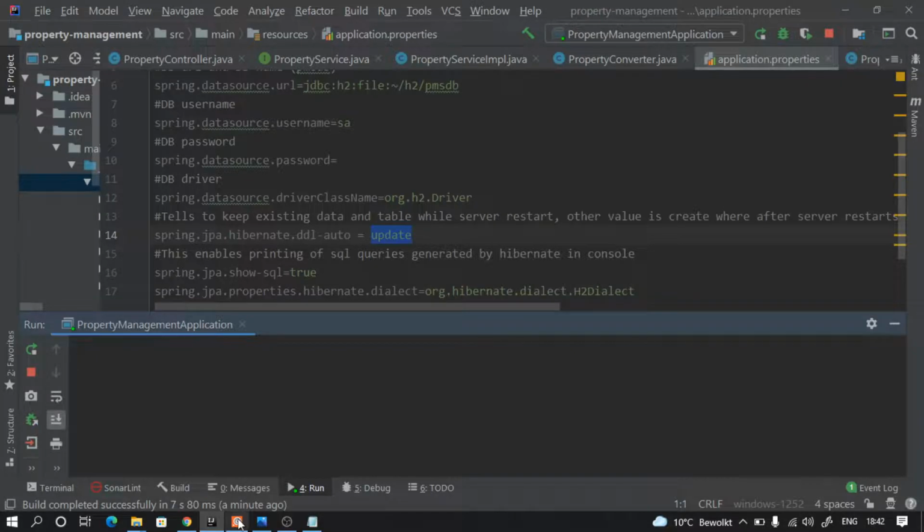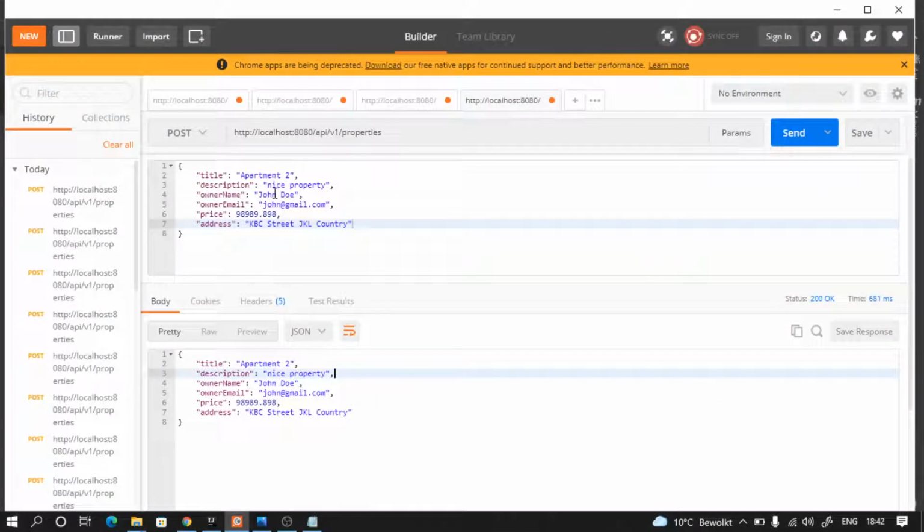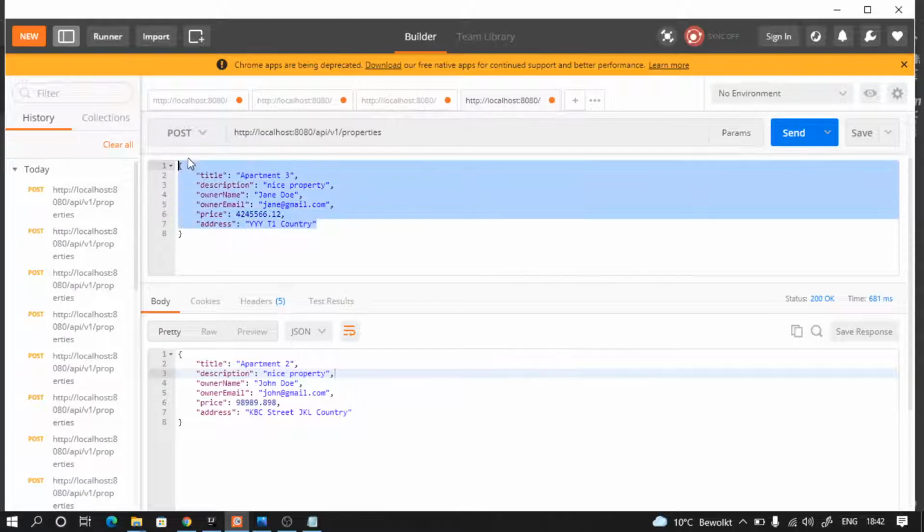I will clear all. Go to here and I will say Jane Doe. I will change the name of the owner, Jane Doe, and apartment 3. I will say Jane, and I will say YYYT1, something like this, doesn't matter. And the price I can also modify. Alright, now if I save,